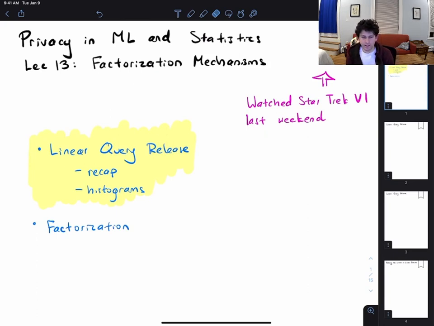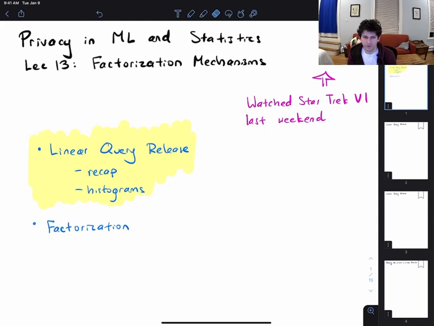And then we're going to get into seeing some of our first general non-trivial methods for query release. So far we've talked about the Laplace and Gaussian mechanisms for query release, and one special example, the binary tree mechanism. What we're going to do today is introduce a more sophisticated framework for linear query release that captures the binary tree mechanism and lots of other interesting things you can do,